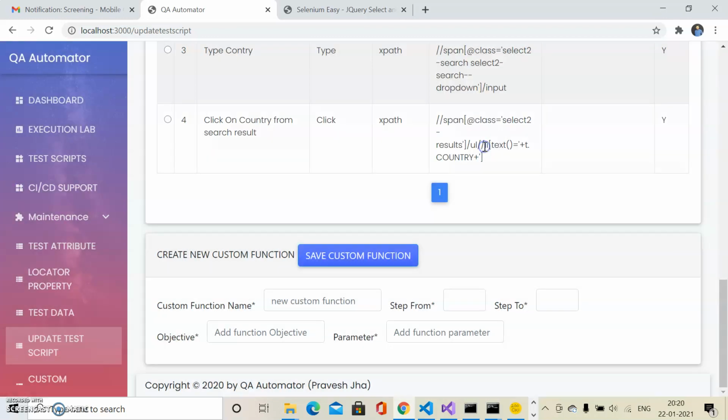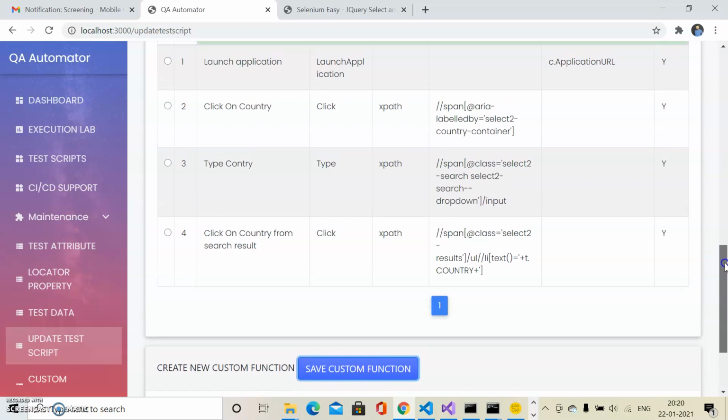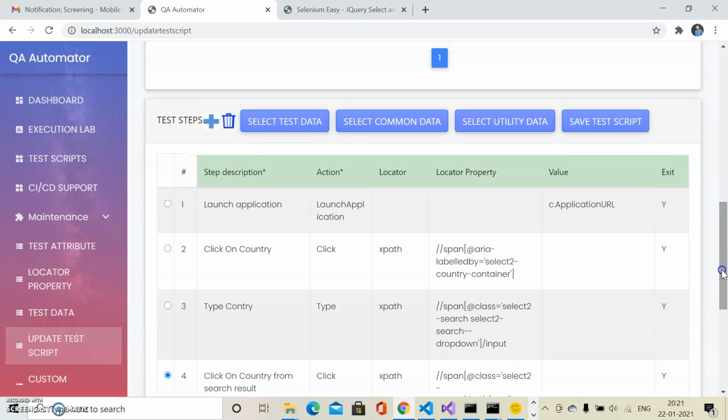The benefit is that step number 234 is now already registered as a custom function named custom country underscore select new. So we do not have to call step number 234 again and again. We can directly call this custom function with a country like Japan or any other country.